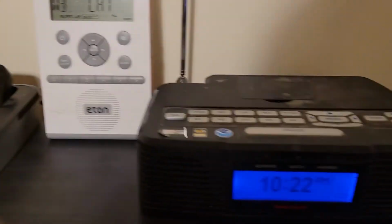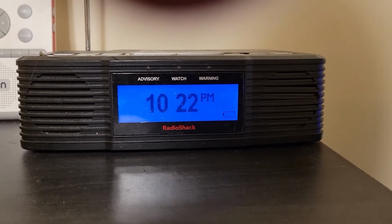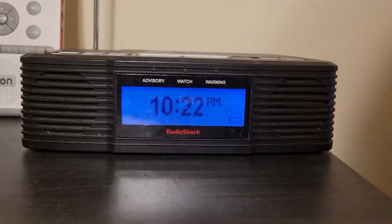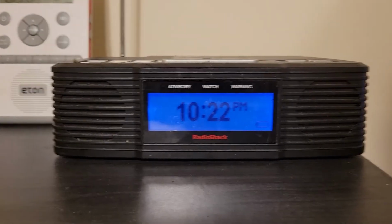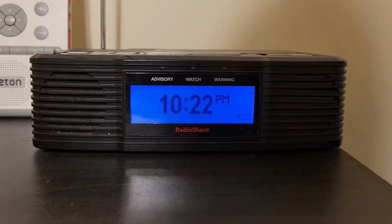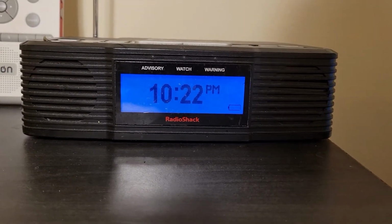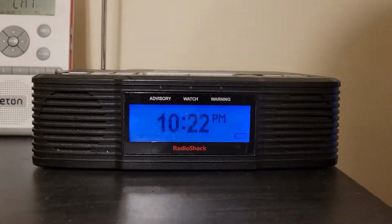And then, last but not least, is my favorite weather radio I own so far, the 12519. There's a pretty cool story behind this radio, actually. Back whenever I actually had a Radio Shack in town, I only had a WR100, and I was faced with a decision because they were going out of business. I had two options. I could either use the $60 I had to buy a camera to actually record my alerts better, as well as do any other YouTube stuff I want to do, or I could buy their display model of their 519. My dumbass chose the camera, and I didn't get another chance to buy a 519 until